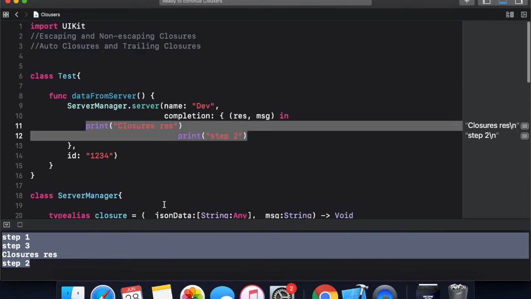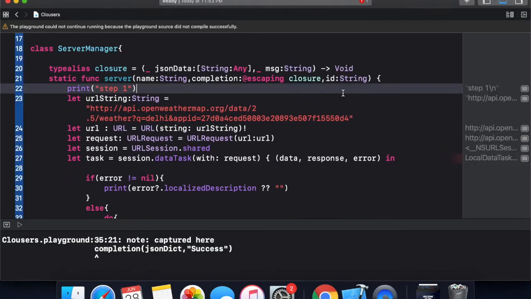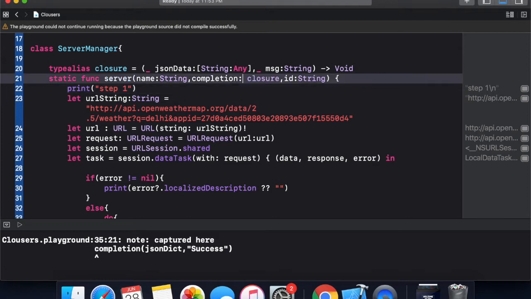So let's see how a non-escaping closure works. First of all I need to remove this escaping attribute from here, and now by default it is a non-escaping closure.